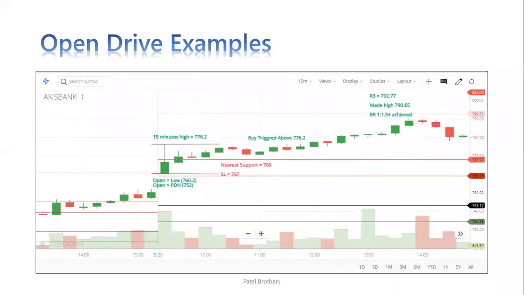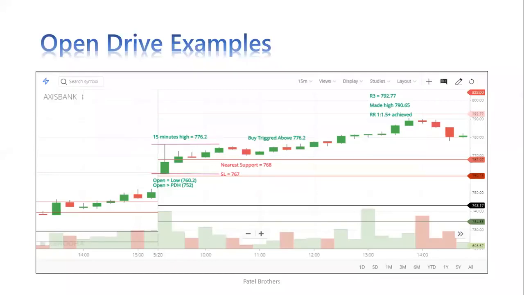So here there is Axis Bank. That was an open drive as well. And this also I have posted on Twitter, which was 20th of May. And here the open and low was 760.2, and open was greater than previous day's high, which was 752. So once we get our setup prerequisite rules fulfilled,